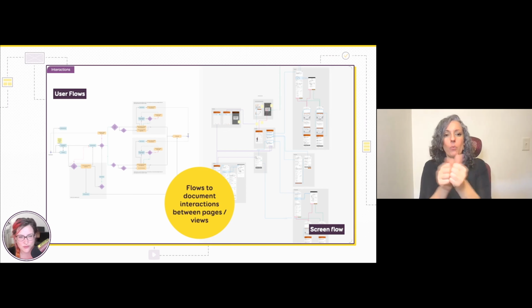Also, if you have those super complex forms with multiple steps and session length, usually you want to avoid session length. You want to give people all the time in the world if they want to fill in a form, but sometimes for some technical or security reason, you have session length on those forms. And if you have a multiple step process, it becomes a nightmare. So seeing those step-by-step flows helps you plan accordingly.